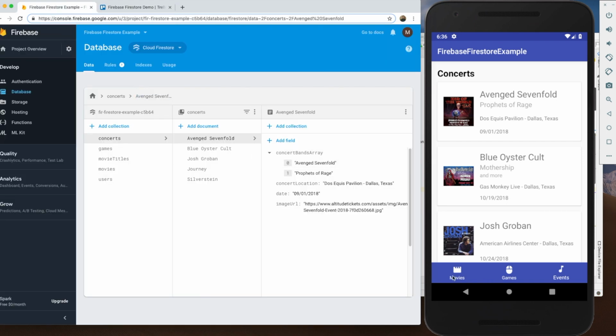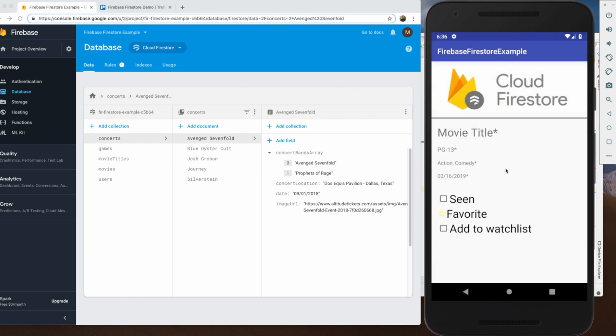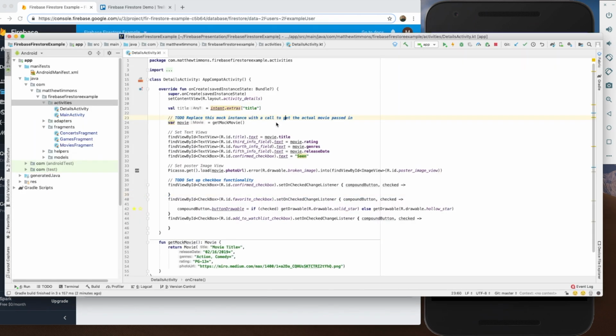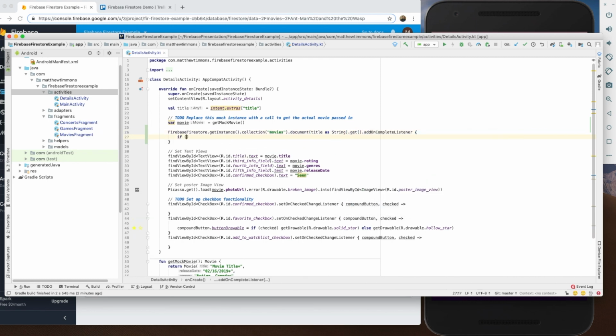So there's actually a details activity in the app, and whenever you click on a movie, it shows you more details about it, and you can add it to your scene, to your favorites, or to your watch list. So within the details activity, we'll get the movie by calling FirebaseFirestore.getInstance.collection, and then pass in the collection, which is movies, and then .document, and we're going to pass in the title that was passed to this activity as a string, and then finally I'm going to call .get and then